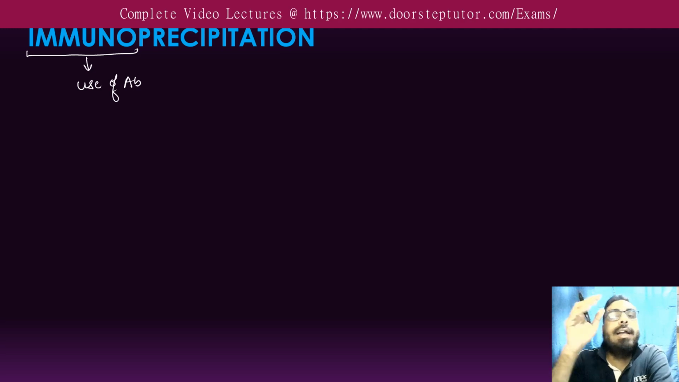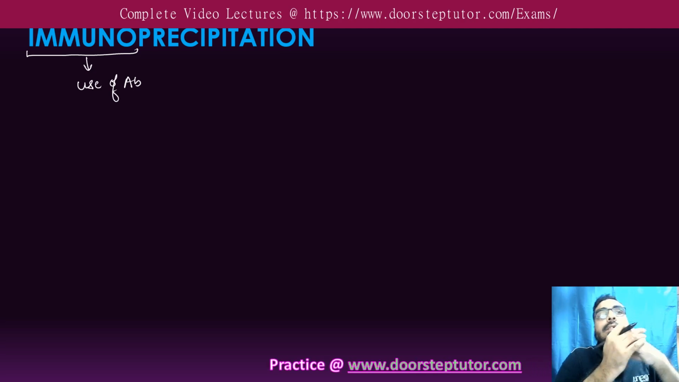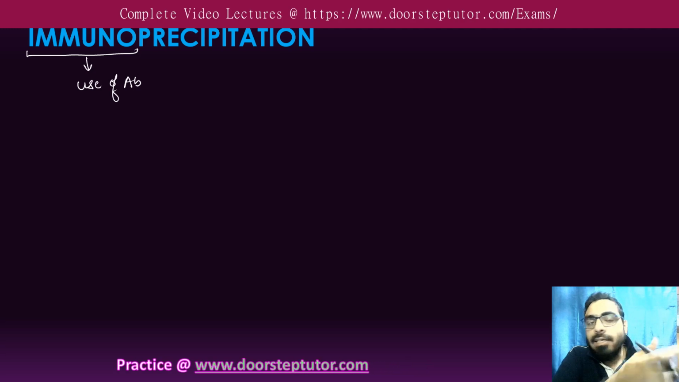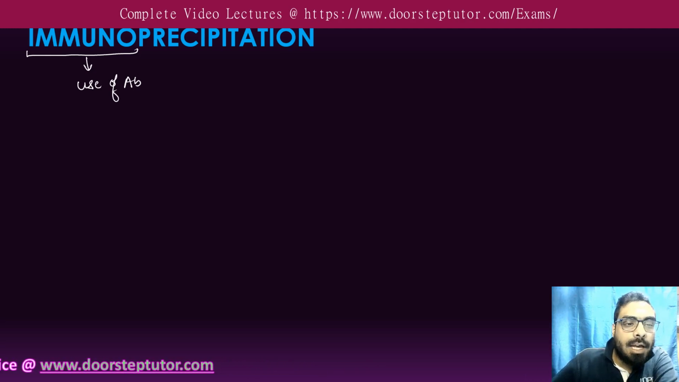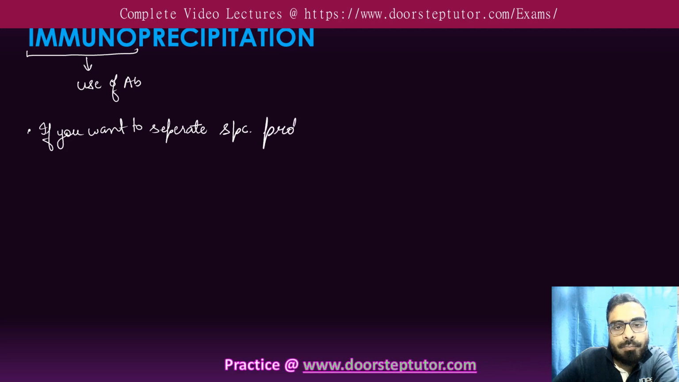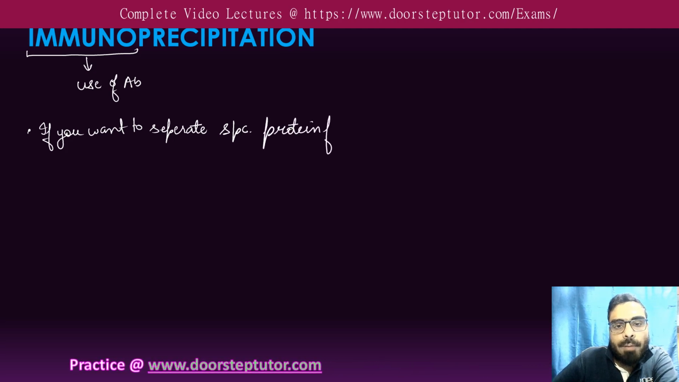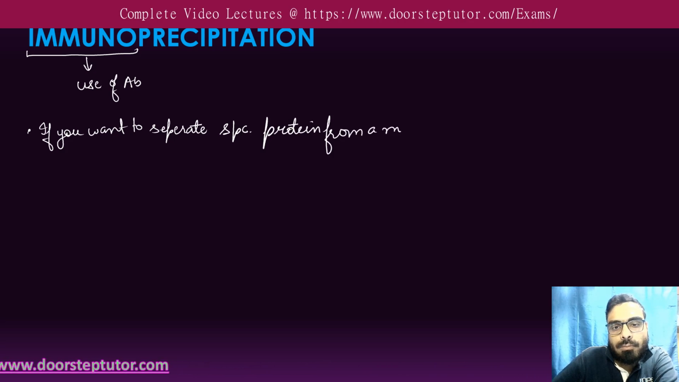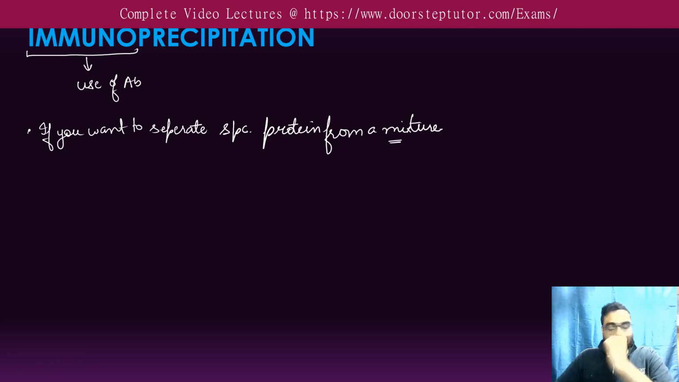Let's connect the links. If an antibody is used, that means it can bind to some protein. So if you want to separate a specific protein from a mixture, then you use immunoprecipitation. And what is done is that